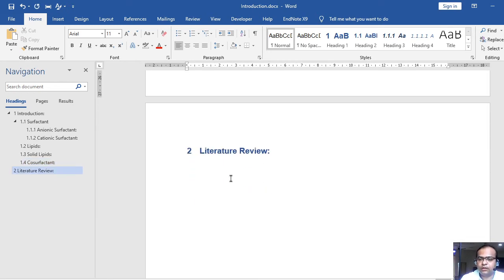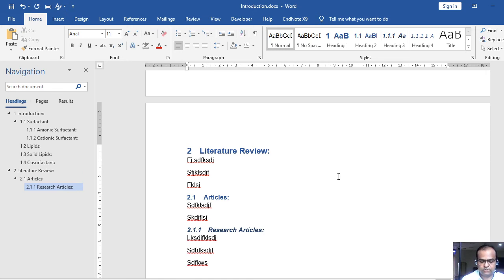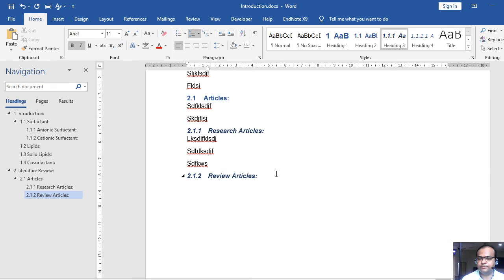Now in the literature review, again, let's say I'm writing something, and I would like to introduce the articles, right? So article should be heading 2.1. I'm writing something and I would like to introduce research articles, so it should be 2.1.1. I'm writing something, and now review articles. Again, see, I need not take care of the numbering, automatically they are managed.